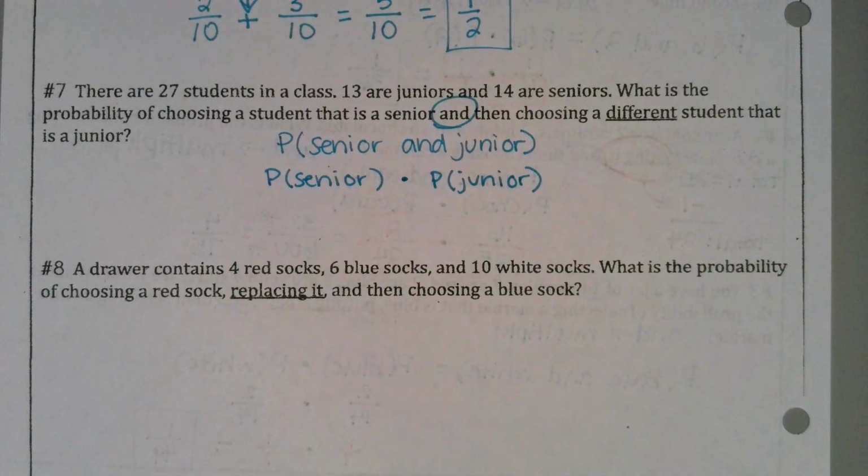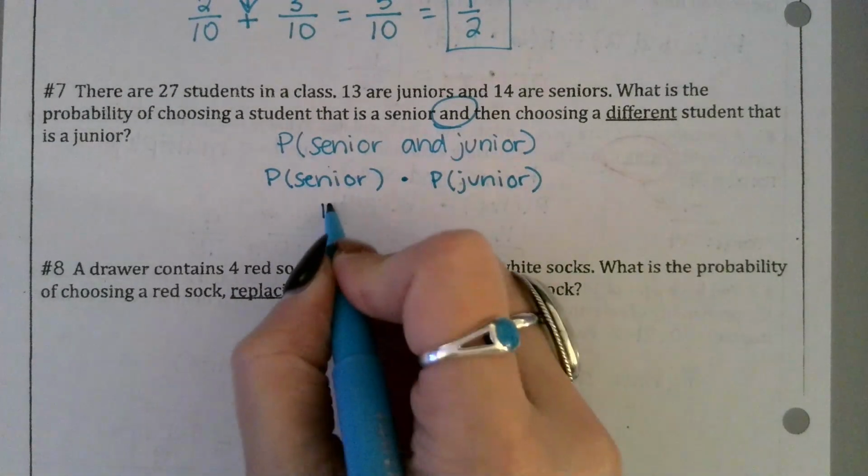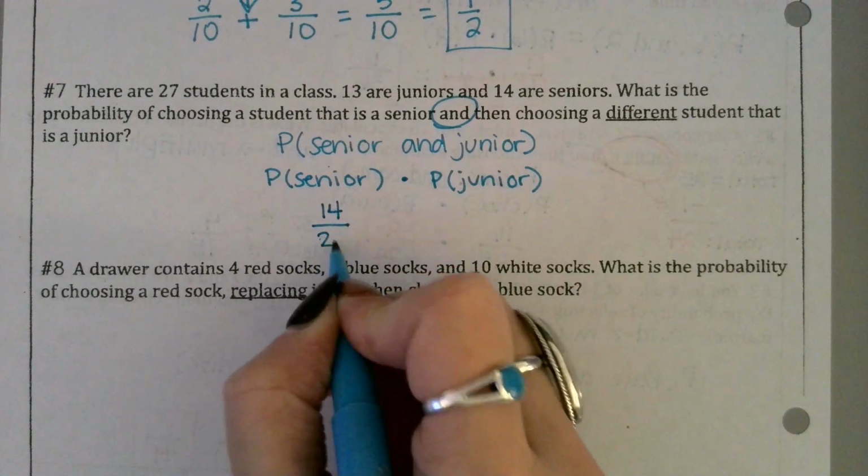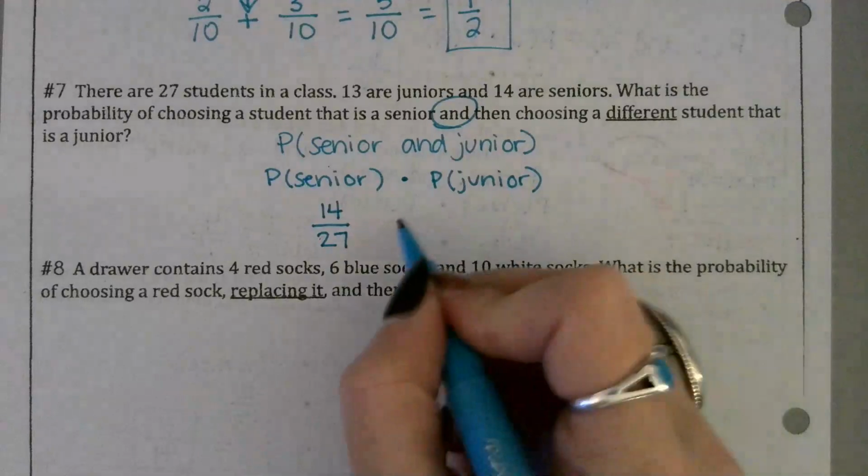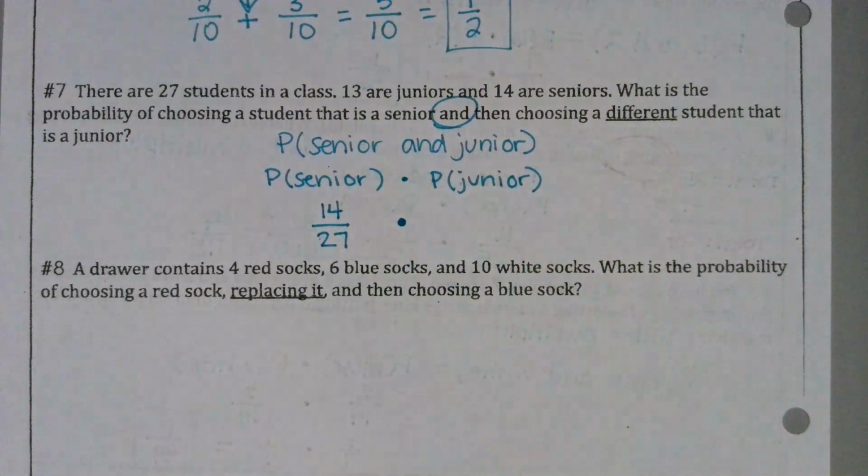How many seniors? What's the probability of picking a senior? 14 out of 27 times